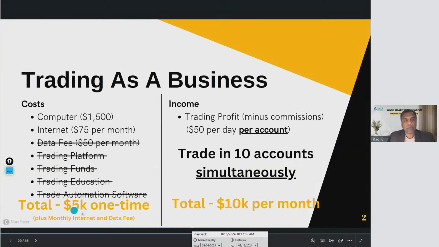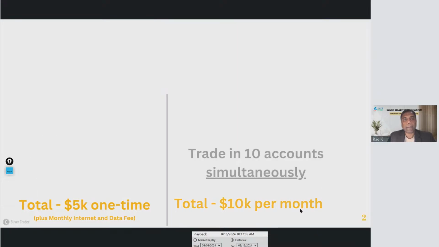So this I already covered. It's possible to bring the cost of setting up trading as a business to below $5,000, and if we trade in 10 accounts simultaneously, that $1,000 per month can become $10,000 per month. So one time $5,000 to get $10,000 per month for the rest of our healthy life,